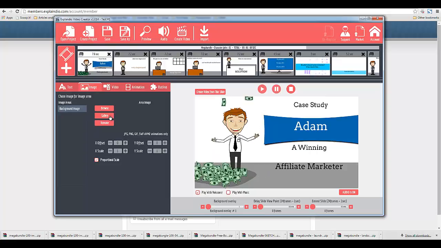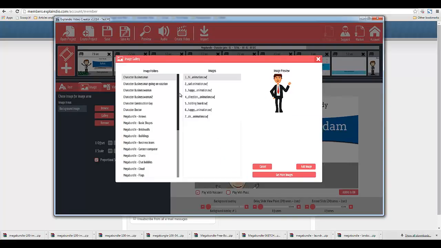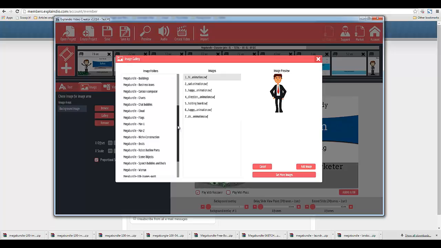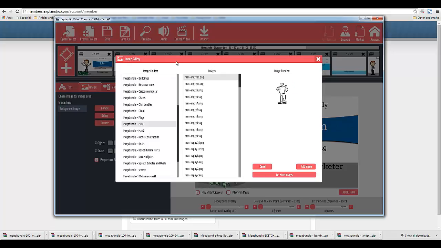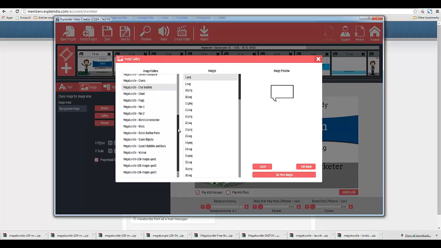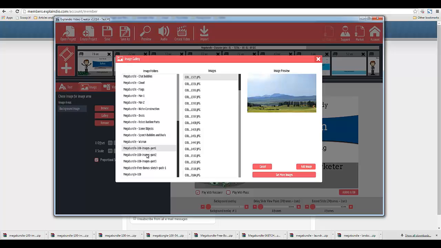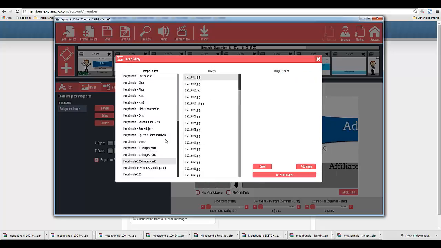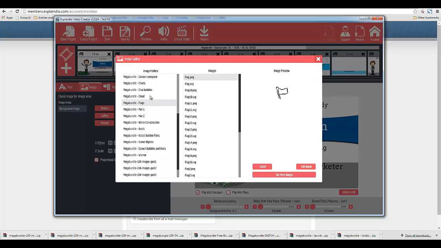And I say that because if we click Gallery, you can see all of the different resources I have available here. You have charts, you have chat bubbles, business icons. I mean, you have absolutely everything that you could need to create one of these sketch animations and any type of video.